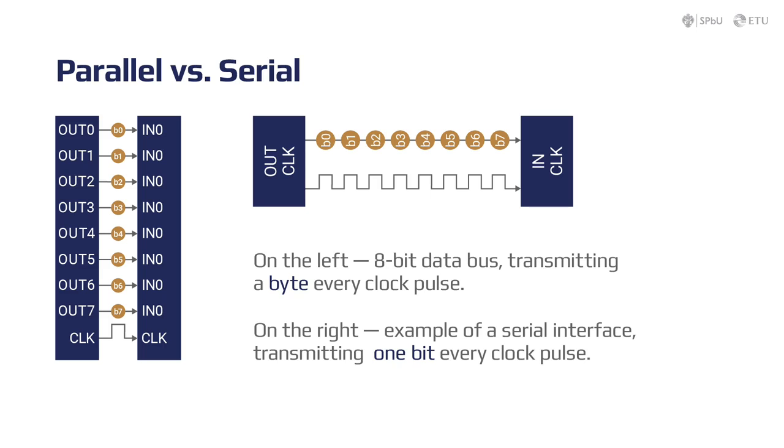Parallel communication certainly has its benefits. It's straightforward and relatively easy to implement. But it requires many more input-output lines and is too slow. You cannot increase the signal frequency for a parallel transmission beyond a certain limit. All this is because all the signals from the transmitter need to arrive at the receiver side at the same time. This cannot be guaranteed for high frequencies, as you cannot guarantee that the transmit time is equal for all